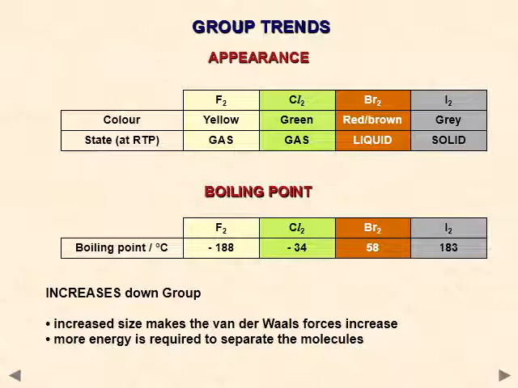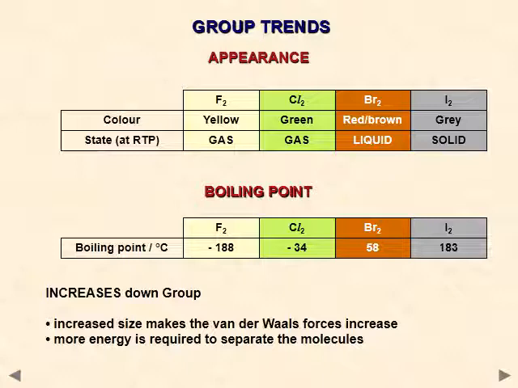So what happens is that as you go down the group, the boiling point increases. That's why fluorine and chlorine are gases, because they have boiling points lower than room temperature. Bromine is a volatile liquid, because its boiling point is near room temperature, so it easily evaporates. And iodine has a boiling point much higher than room temperature. Rather, its melting point is even higher than room temperature. So iodine is a solid at room temperature. But we know that iodine sublimes on heating. It means it changes from solid to vapors directly.